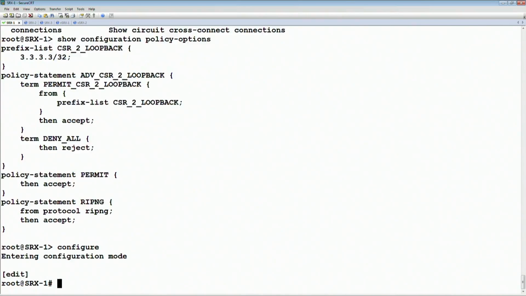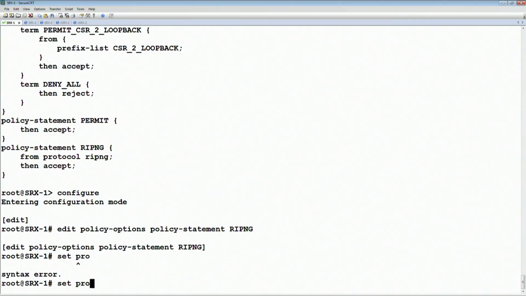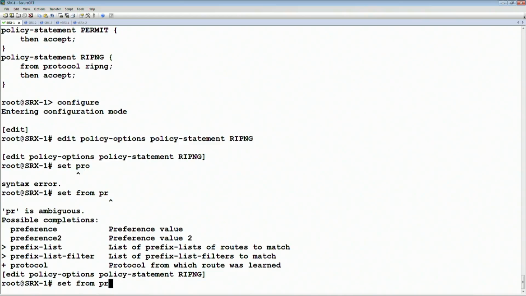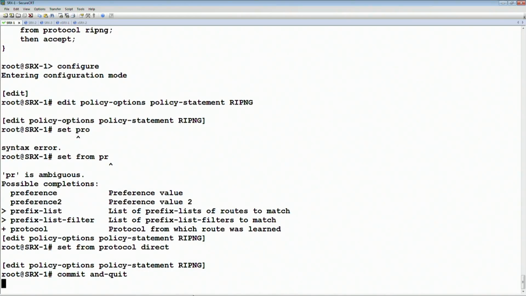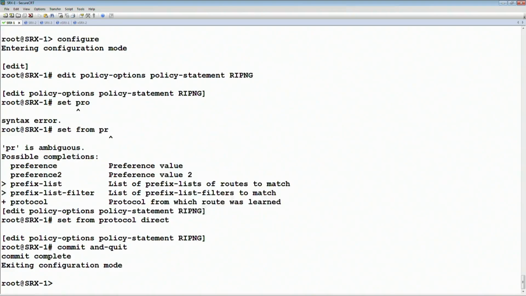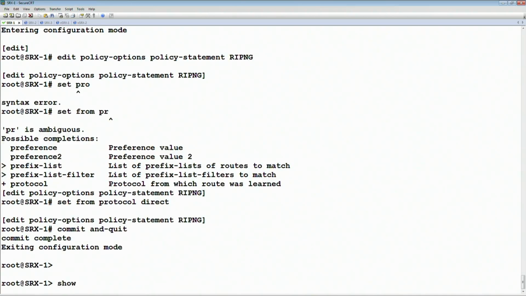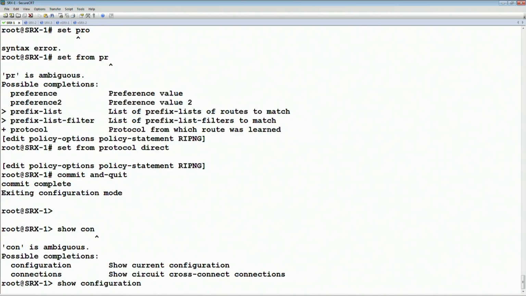So we're going to go to config. We're going to edit our policy options, policy statement RIP-NG, and we're going to set from protocol direct. And commit and quit. This is the equivalent, again, of our connected interfaces. So if we now show config protocols